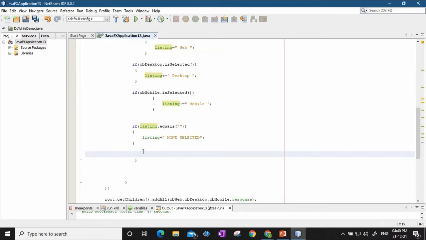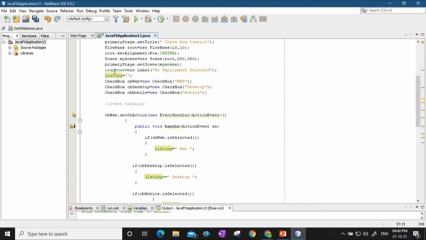So now finally this listing I have to show in this particular label.